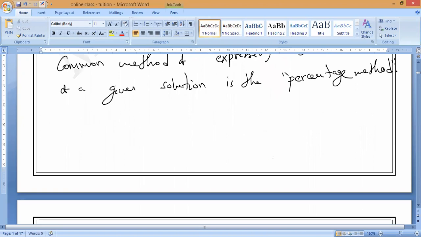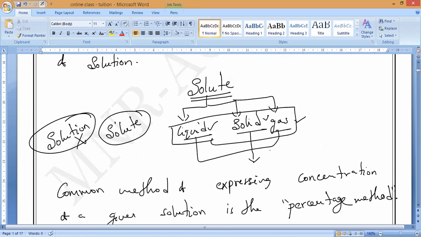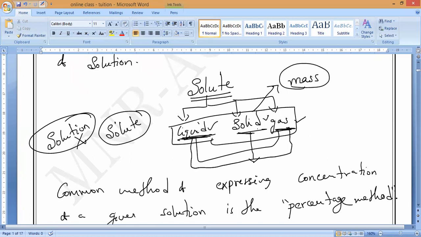Why mass and volume? Because the solute may be solid, liquid or gas. Solids we can measure in mass. Is it yes or no? Kilogram, 1 kg, 2 kg, 3 kg. But liquids and gases, is it possible to measure in kilograms? Basically, because they don't have a particular shape, they are measured in volume. Liters or something similar we can use. Volume of a liquid, volume of a gas we will measure, but for solids we measure mass. That is what you have to remember.